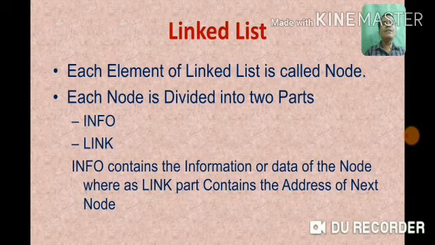Now see, this is the best feature of the linked list. In a linked list we do not require sequential memory locations. If the memory locations are spread out in memory, we can still easily establish a linked list. If the first element is present at, suppose, the 100th memory location, the second element may be at the 500th memory location, and the next element at the 900th memory location. It is not necessary to have consecutive memory locations. This link part will contain the address of the next node.